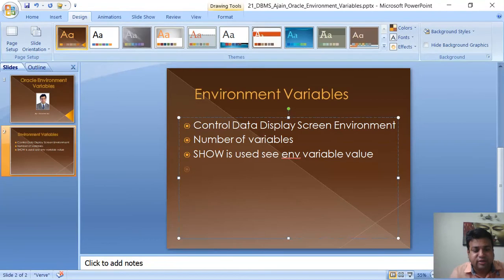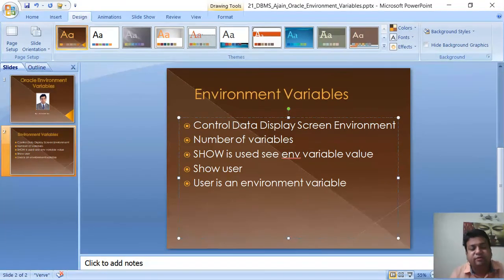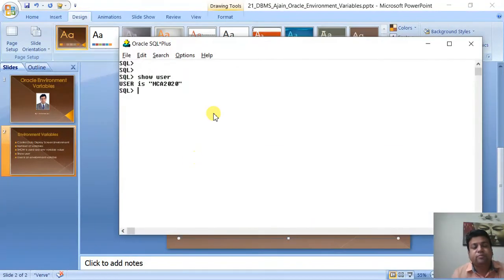For example, show user. So there are different types of environment variables that can be used with the help of the show command. So let us see them again.